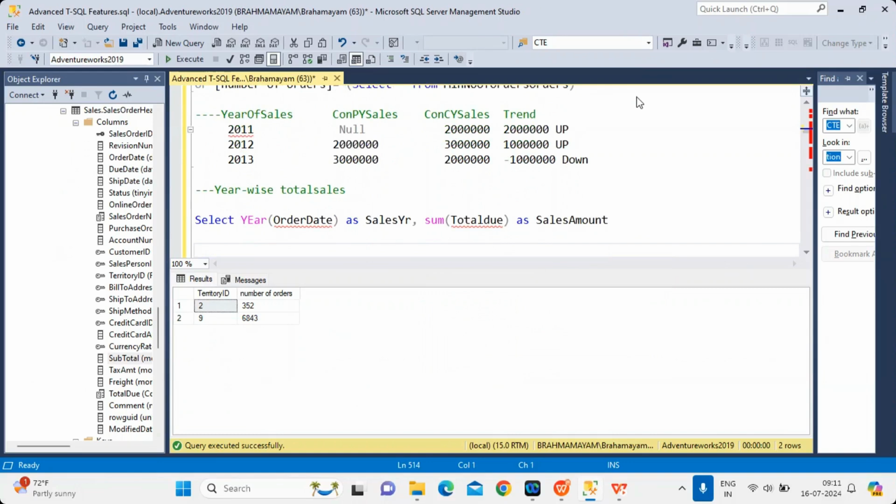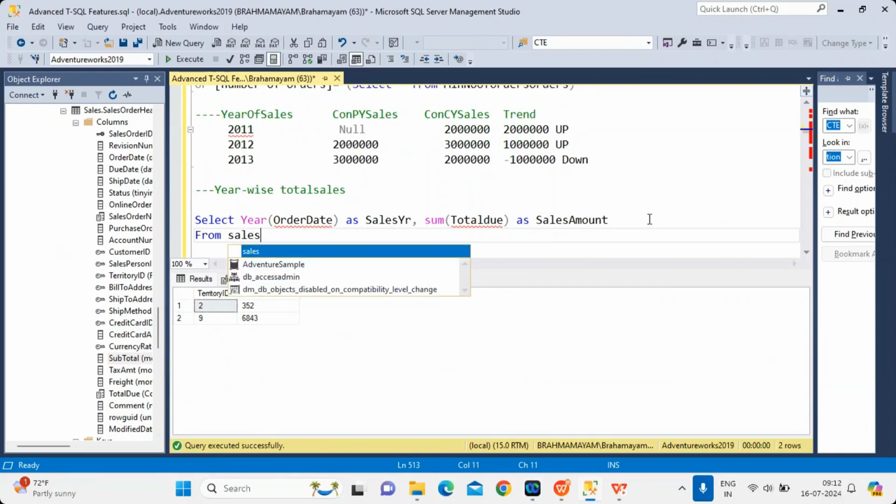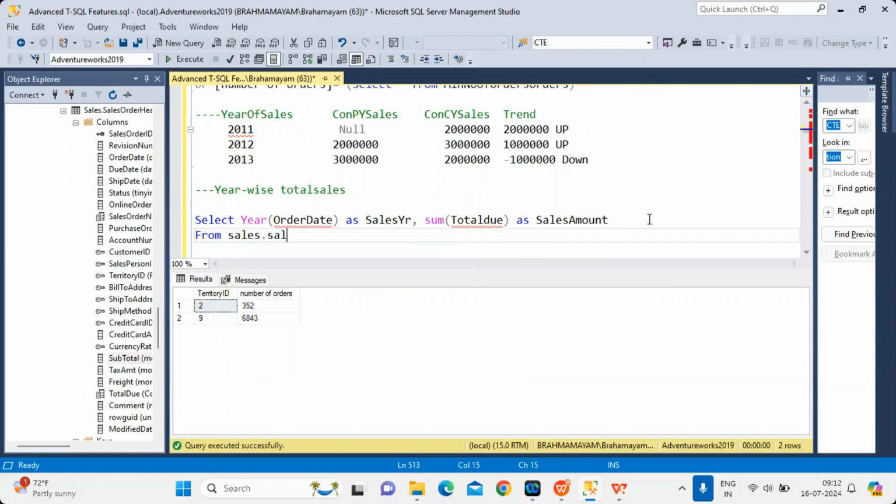Here we are not looking at what is the revenue expected or what is the revenue which has to come back. We are just looking at the revenue. So here you have year. This is my total sales amount, and we say from sales dot sales order header. This is my table, and I say group by